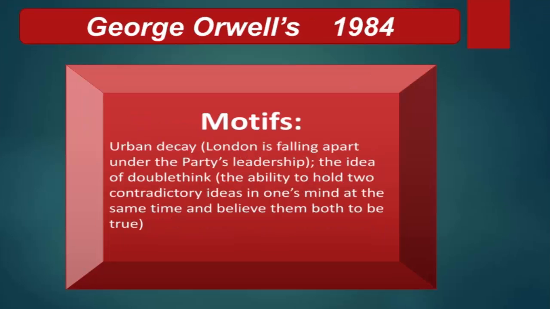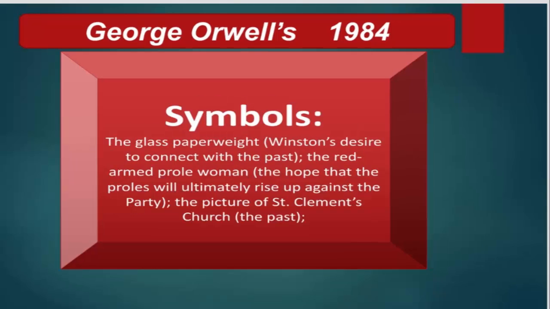thought. Motifs, urban decay, London is falling apart under the party's leadership, the idea of double think, the ability to hold two contradictory ideas in one's mind at the same time and believe them both to be true. Symbols, the glass paperweight, Winston's desire to connect with the past, the red-armed prole woman, the hope that the proles